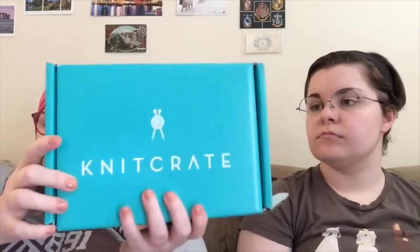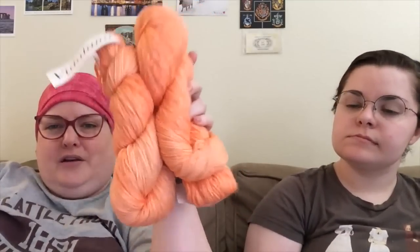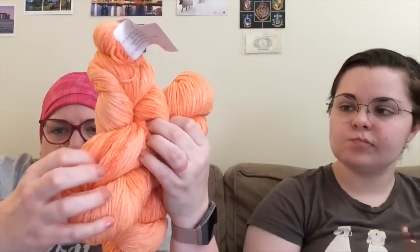Okay, and then we also got our monthly Knit Crate. I stole the tissue paper out of it to wrap Mel's socks. So this month we got this yarn. It's a little brighter in person. I love these spots where it's darker. Mm-hmm. So this is Vitellana by Knit Crate. It is the Vitellana